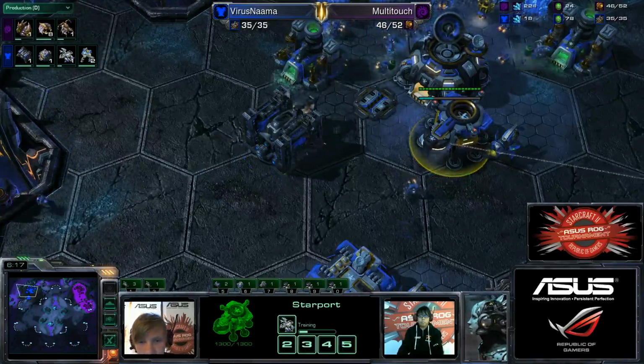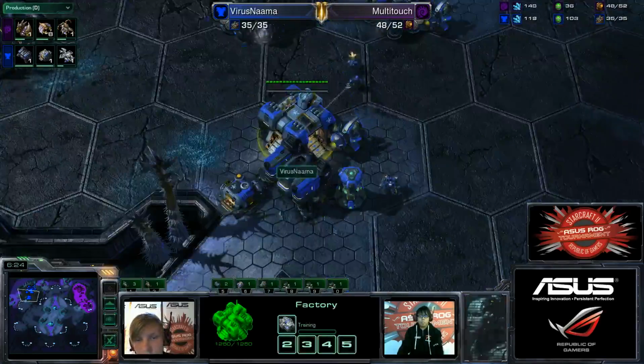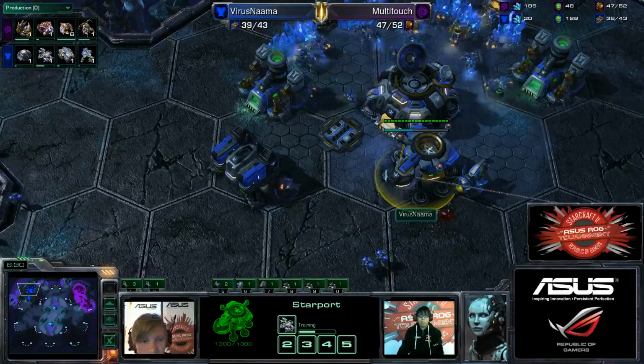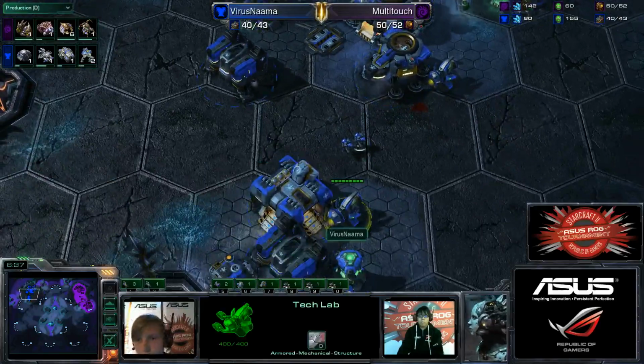And the follow-up from Naama is very aggressive, actually. And, you know, he hasn't got a command center down anytime soon. He's a little bit supply blocked, but at the same time, he's getting a Banshee. One ling does go in, sees everything. Sees no command center, sees two barracks, sees factory and starport. He knows, well, Sen knows now,